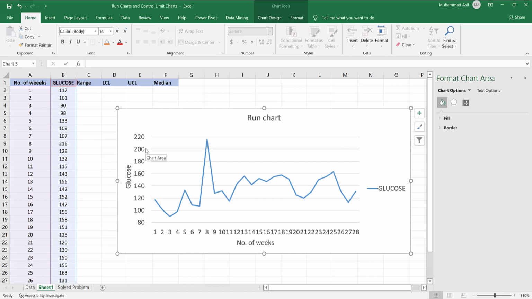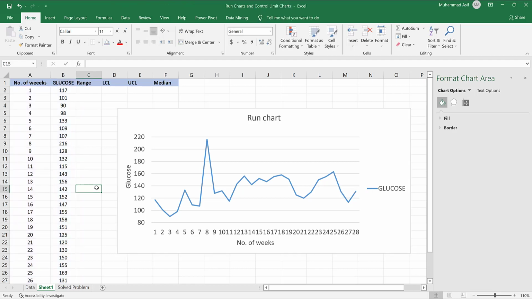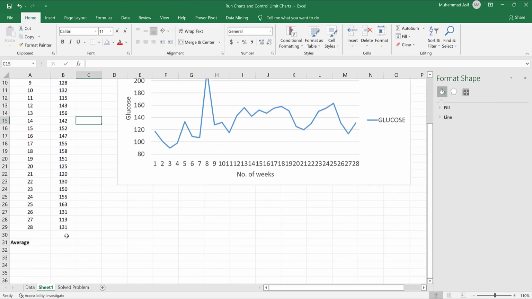Now the next step is making a control chart. A control chart will be similar to the run chart, with the only difference that we will add an upper control limit and a lower control limit, and in the center there will be a line that's called the median line, that will be the center line. Let's add these three lines, and for that what we need is first we will take the average,